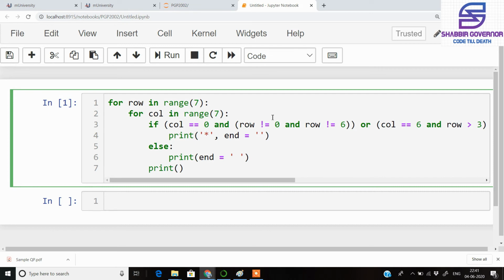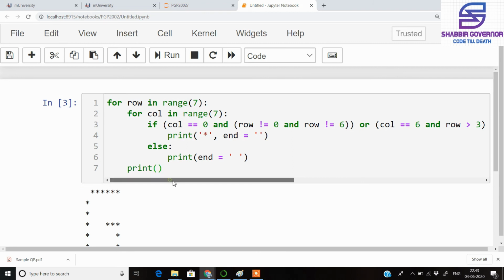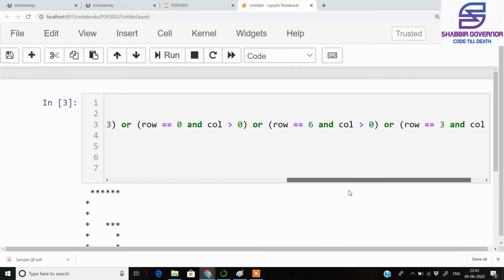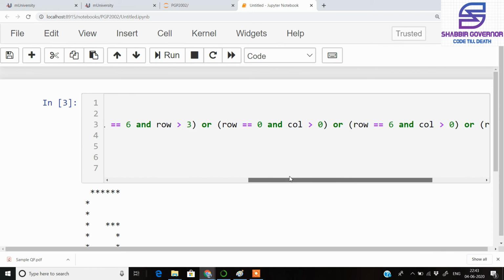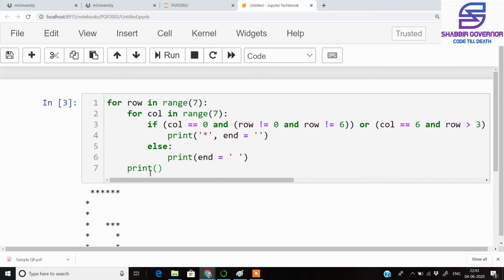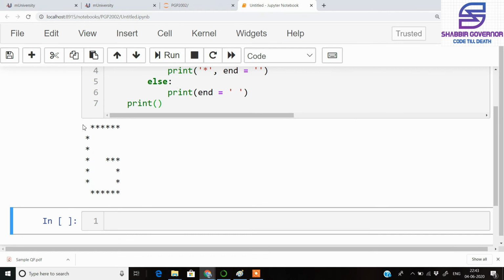Let's run the program and let's see if we are getting a G pattern or not. So we had actually made a small mistake while writing the condition for row number 6. I had written here or instead of and. So we actually need to write and here because both these conditions should be fulfilled for the position where we actually need a star. So once all the conditions were proper, I ran the code and you can see that we actually got a star G pattern.